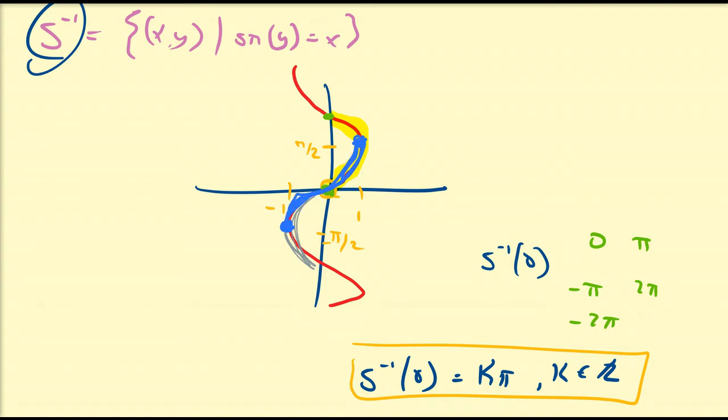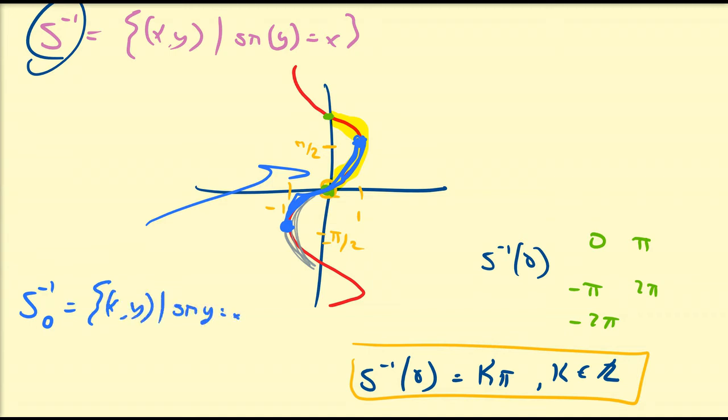Because this middle curve is going to repeat overall, right? So in terms of the y values for s inverse, we're going from minus pi over 2 to pi over 2, right? So I can define this, so I'm going to call this s inverse sub 0. So this is going to be the set of all x, y such that sine of y is equal to x, and minus pi over 2 is less than or equal to y is less than or equal to pi over 2. So this is what I'm going to call my principal branch,